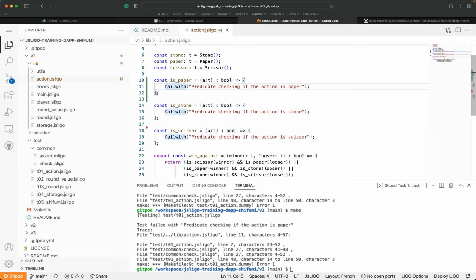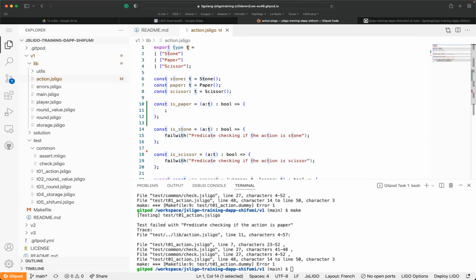What we are going to do is remove the fail with here and implement the predicate, which states that A, which is of type T, the type declared here, we are going to see if A, the action, we can call it action if you want, is paper and only paper.